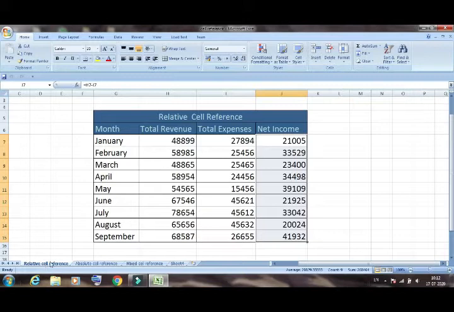Here I have already made this table, and this table will guide you on how we can calculate the total revenue, total expenses and net income. So how can we get this value? Here we will apply a formula for getting this value. First we will delete all entries from this column. We select all the entries, then press the delete button. All entries will be deleted from the column named J.